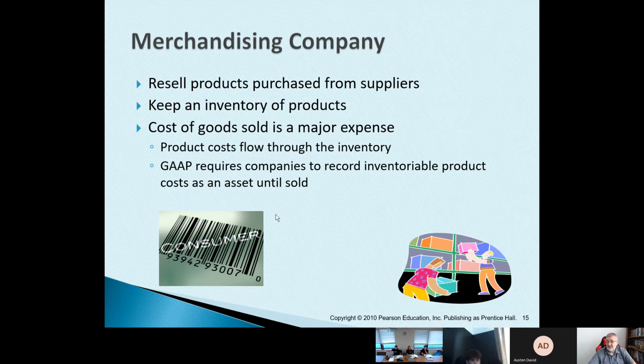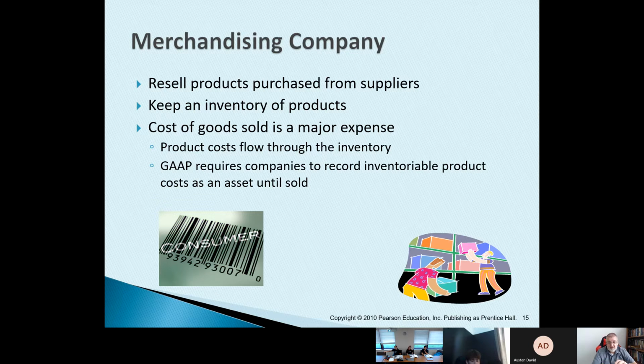Product cost flow through inventory. Now here's that GAAP term again. Okay, GAAP requires companies to record inventoriable product cost as an asset until sold. So what that means is this, where we were talking about period costs before. Okay, in a service company, everything is a period cost. Whenever it occurs, boom, it gets billed. Okay,